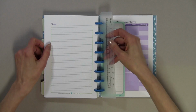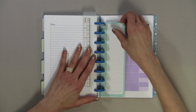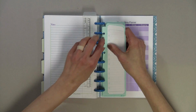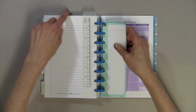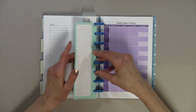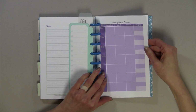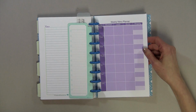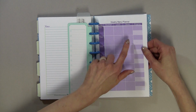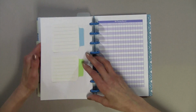And I'll talk about how to get a ruler. And these are wonderful little pages that I just pull out and use as grocery lists or to-do lists, and you can put them up high and have a tab at the very top. I also created my own weekly planner just using columns and a table in Word,